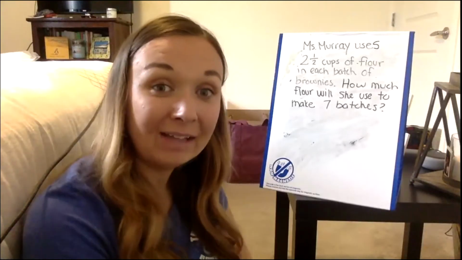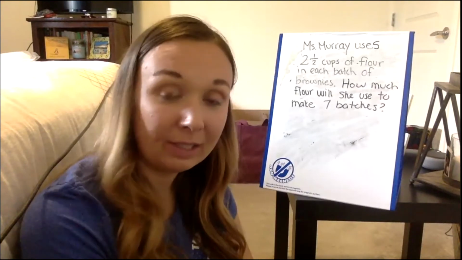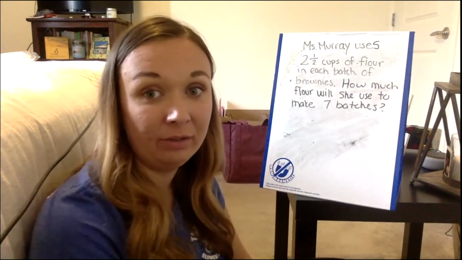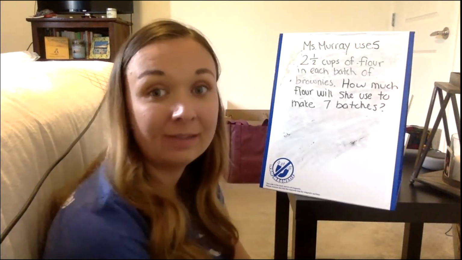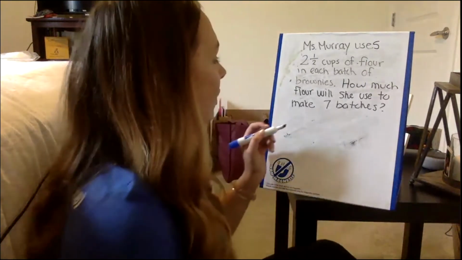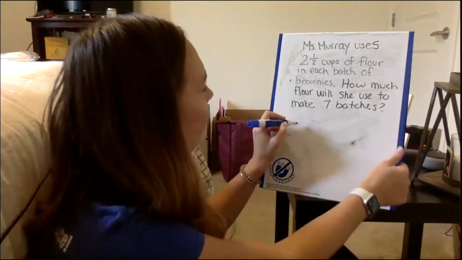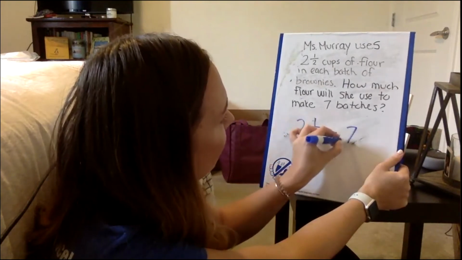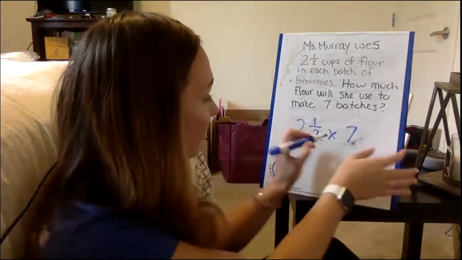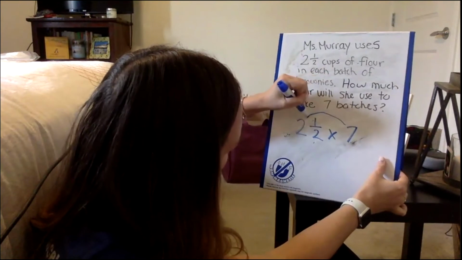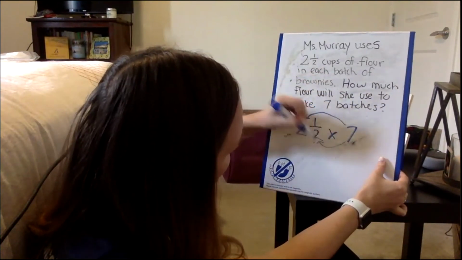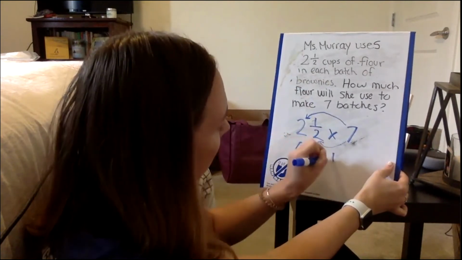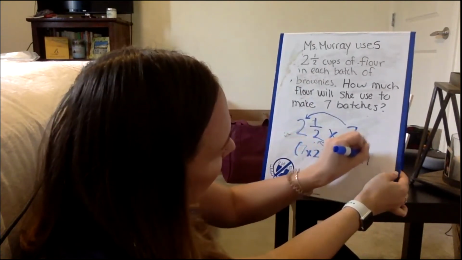All right, and our last problem of this little mini lesson is Miss Murray uses 2½ cups of flour in each batch of brownies. How much flour will she need to make 7 batches? So I'm thinking this 2½ is being repeated for 7 batches, so I'm doing it 7 times. So I'm going to take my 7, distribute it into my 2 and my 1/2, so I have 7 times 2 plus 7 times 1/2,